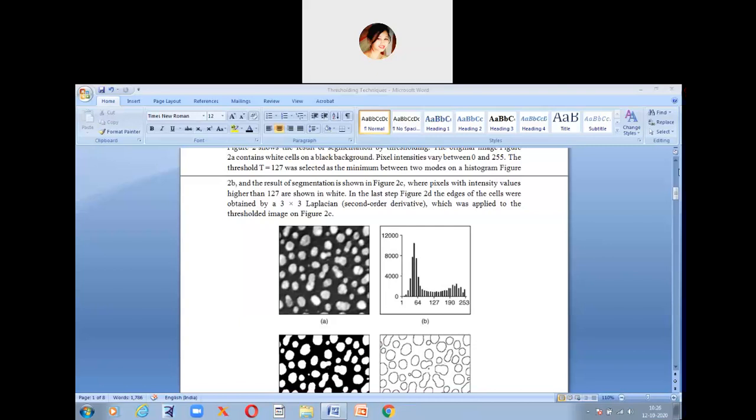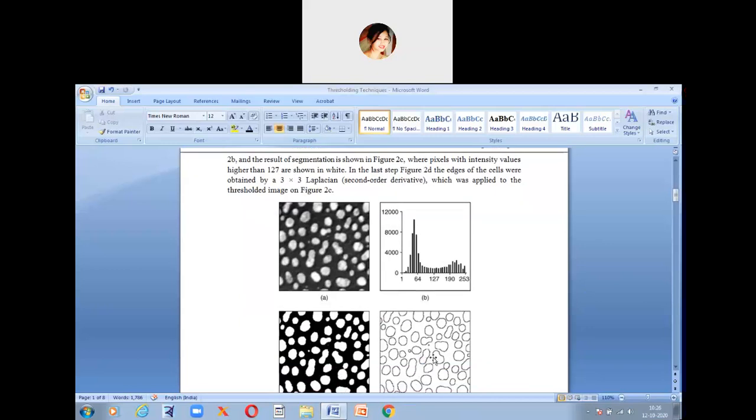Okay, and here in the last step, 2D, that is figure 2D, the edges of the cells were obtained by a 3x3 Laplacian. That is, now they are extracting the edges from this segmented part.